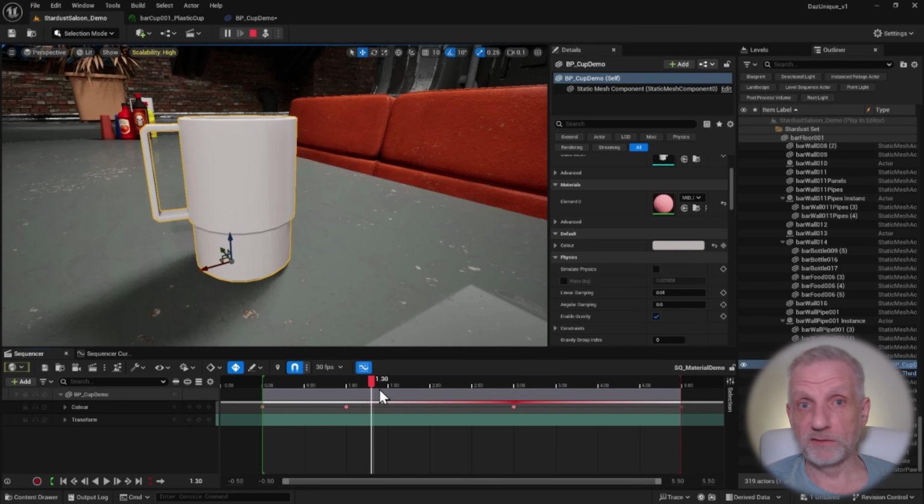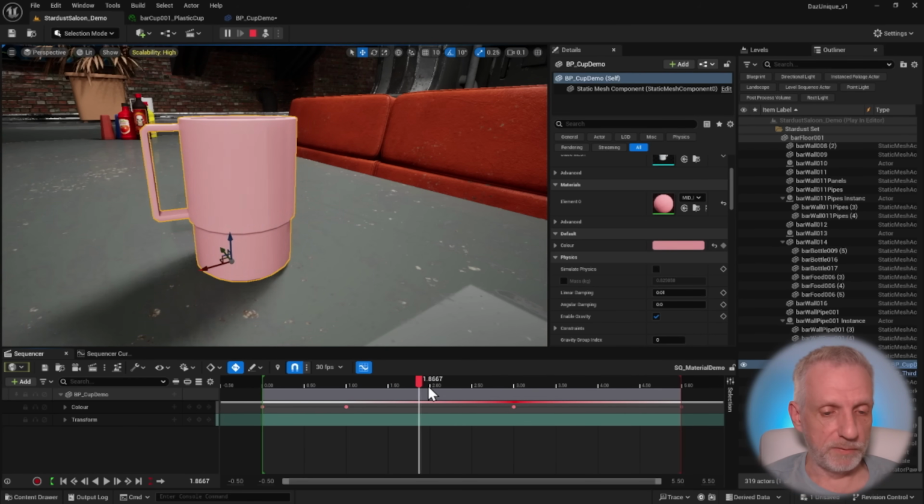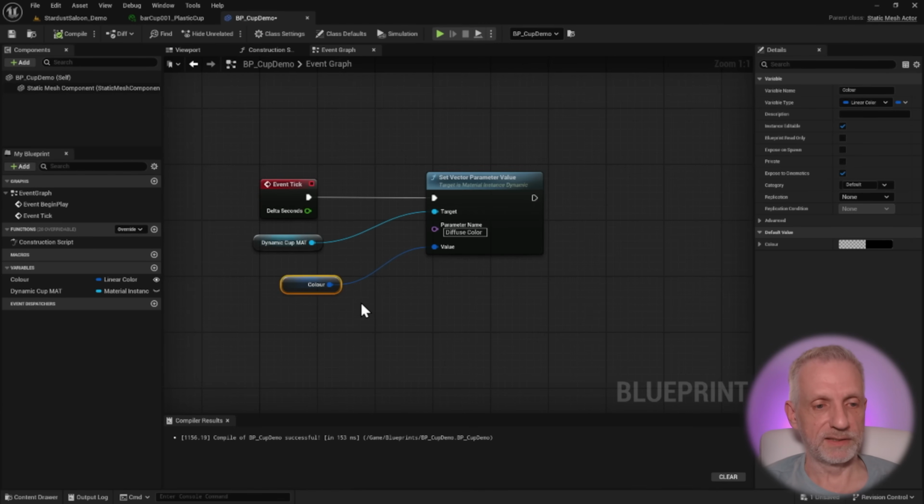Now, extra credit, this isn't very performant. For cinematics, I don't think it really matters. But for real-time gameplay, developers are always very concerned about performance, and once you're assured that this is working, what I would suggest you do is not call this on every tick event, but instead make another variable here and call it